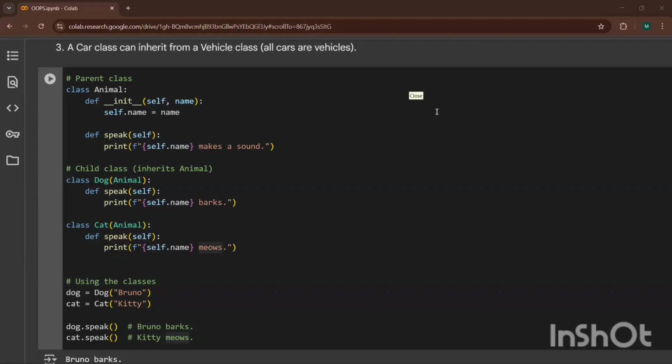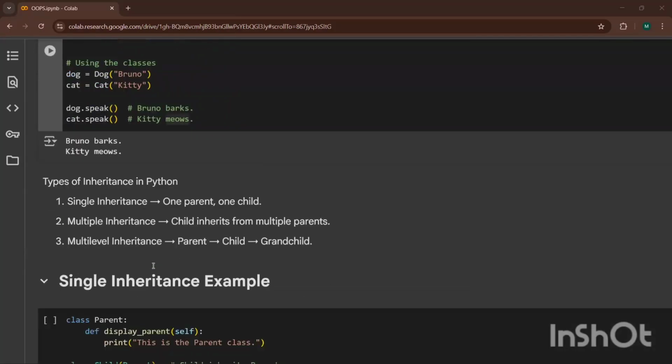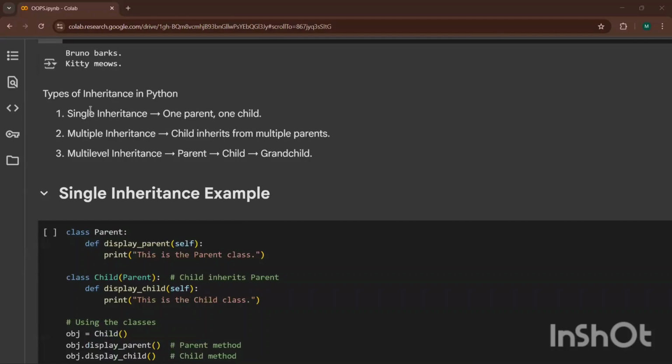Okay, everyone, so now we will move forward. Now, guys, here come types of inheritance. The main three types of inheritance are: single inheritance, one parent, one child; multiple inheritance, child inherits from multiple parents; and multi-level inheritance, parent, then child, then grandchild as well.